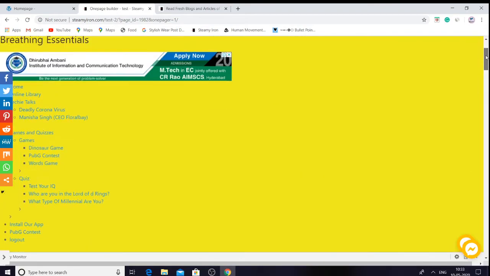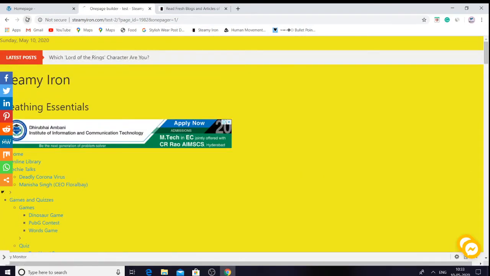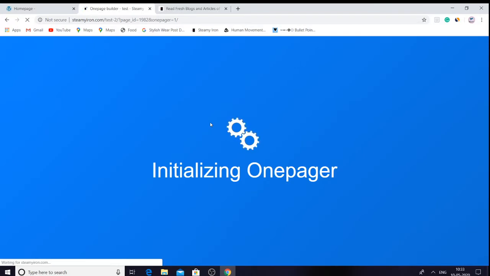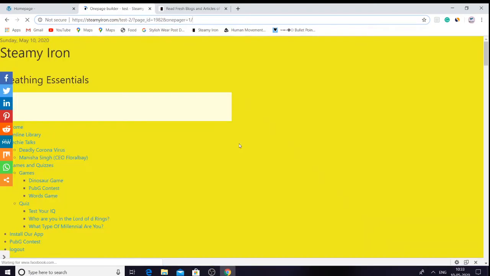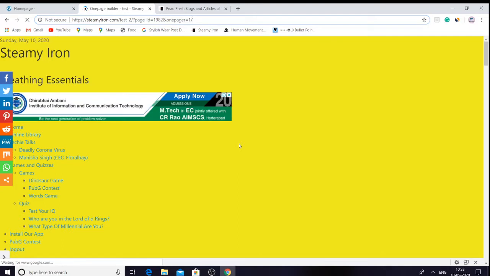So we made some mistakes. We are going to refresh the page. It's showing half the page. It's again showing the same page. We are going back.